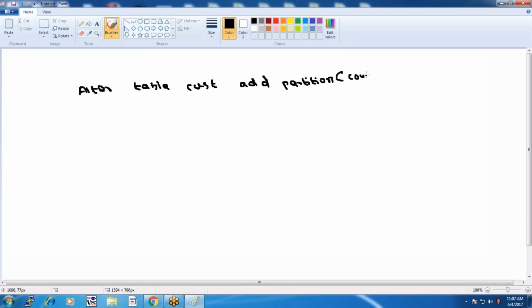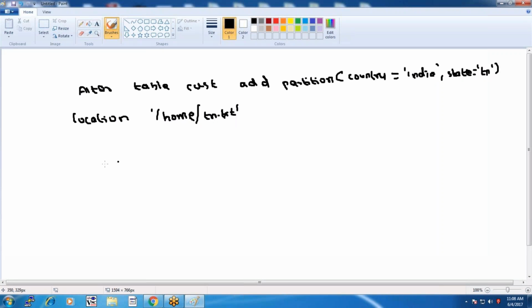The first partition, country is equal to India, and you want to specify state is equal to Tamil Nadu. And if you have data, you want to specify the location. Under home, let me assume that you have data Tamil Nadu.text. Okay. Similarly, you can specify the other partition